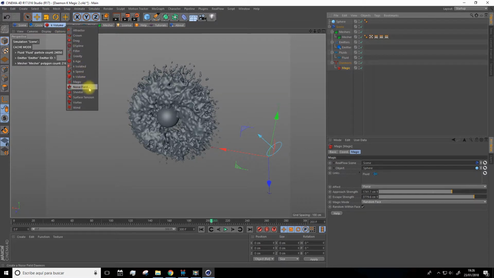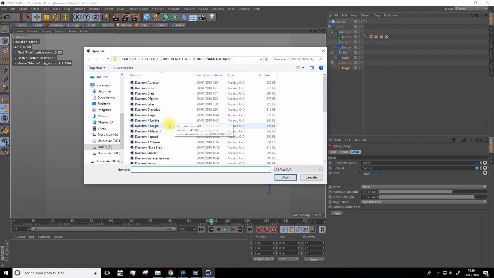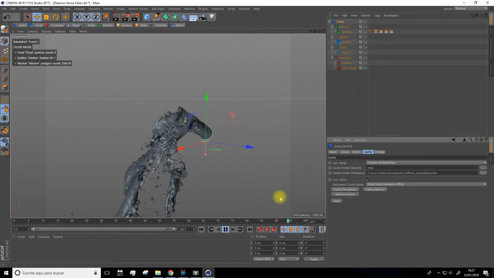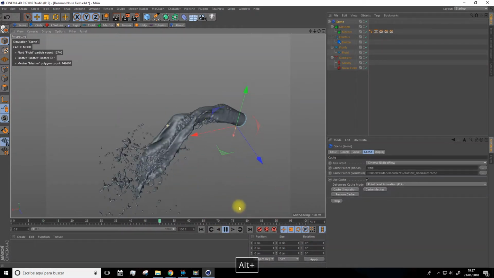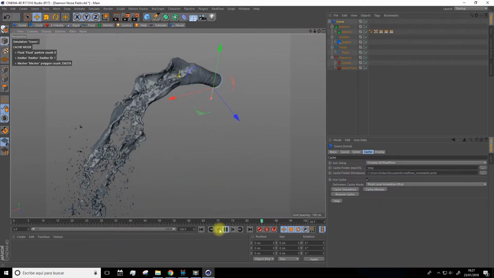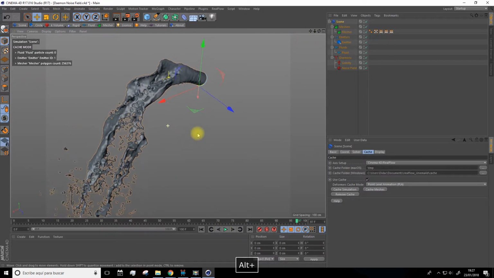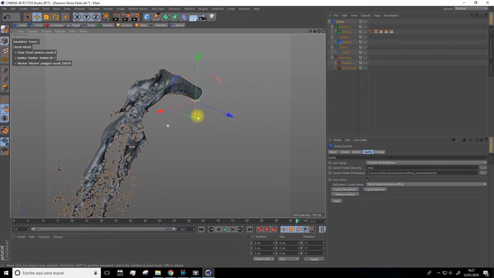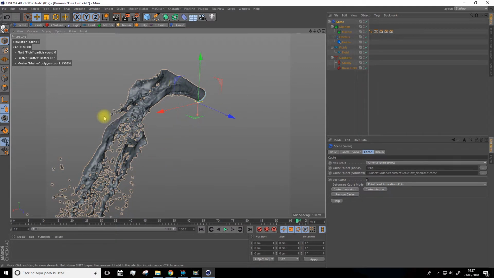Let's move on to the noise field. Open it. Well, guys, we're also going to use this demon a lot. This one generates a sort of noise. How is that? Well,